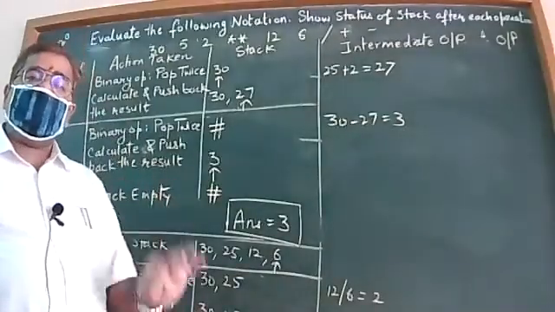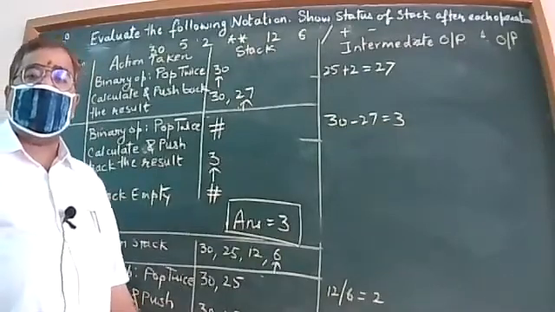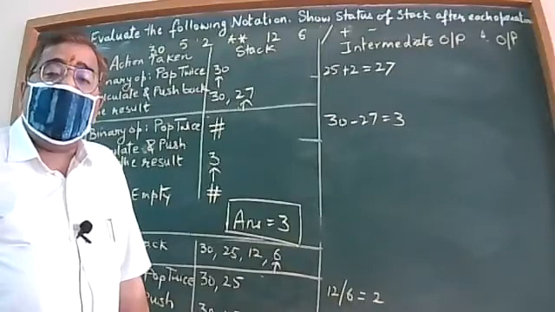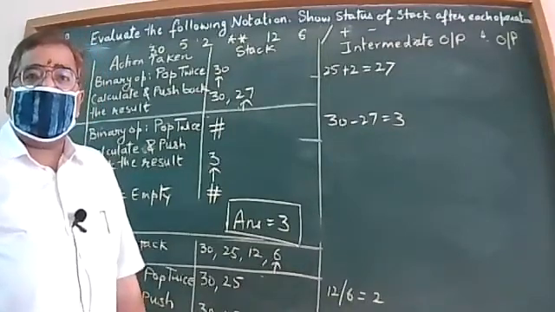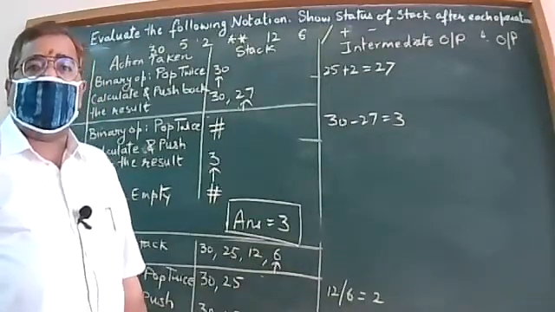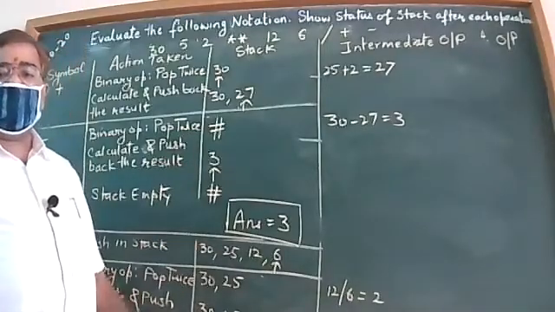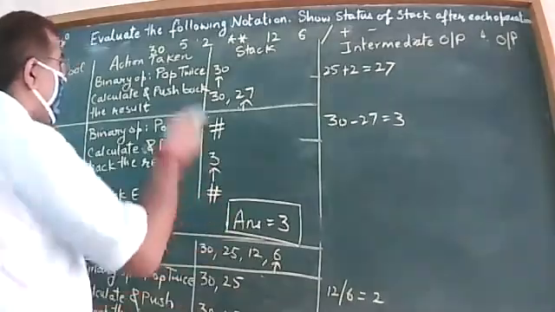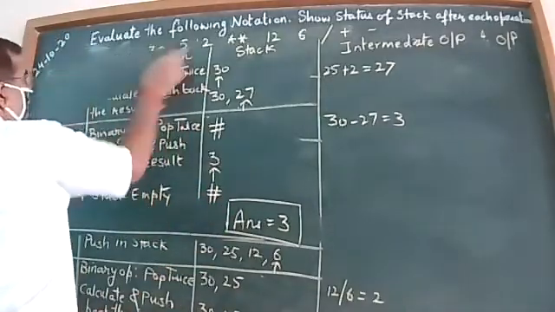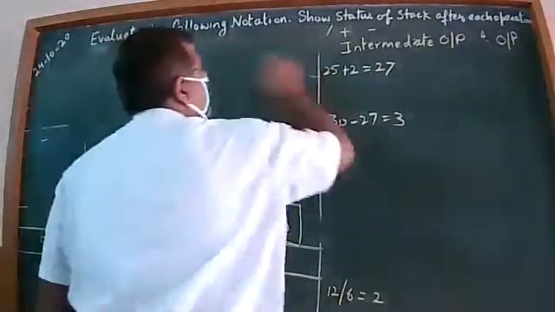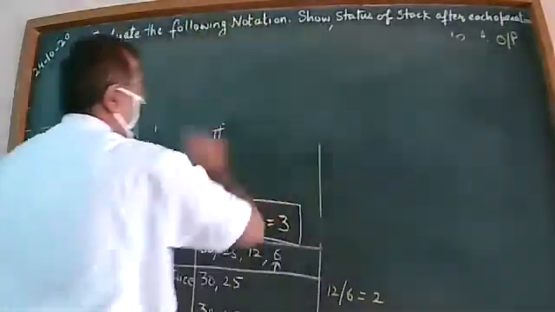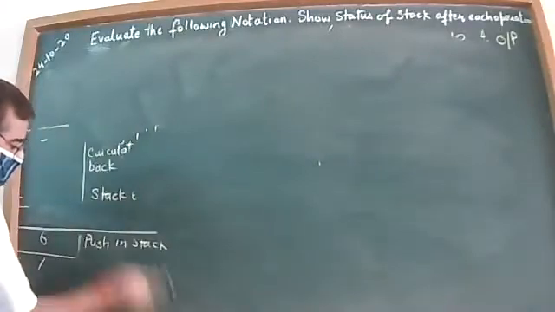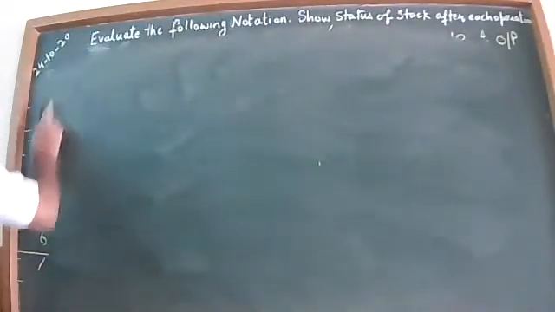Now, a very special case that comes in evaluation where we encounter the unary operator use, that is the case of true and false. When numbers are not given to you, you have been provided with true and false. Let us start that case also. In the case of unary operator, only one value will be popped.